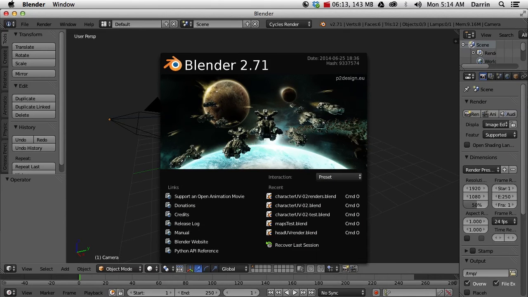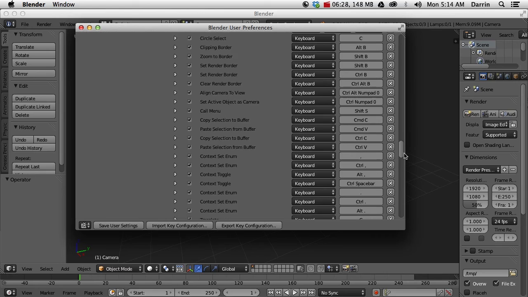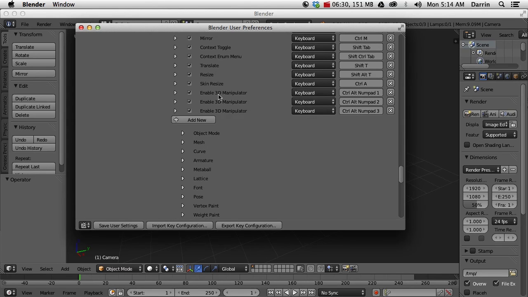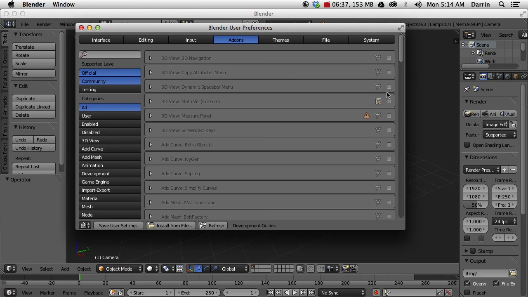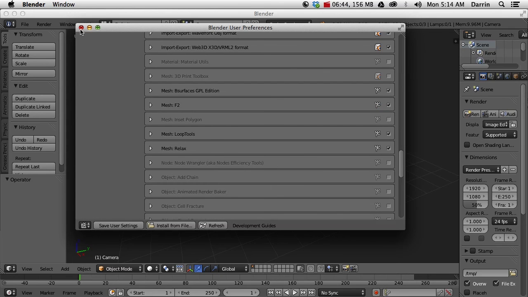So now when I bring up 2.71 again, let's take a look at the user preferences. Now you can see that I've got all of my keyboard shortcuts here for the 3D manipulator. And I've got my add-ons back as well. So that's it for